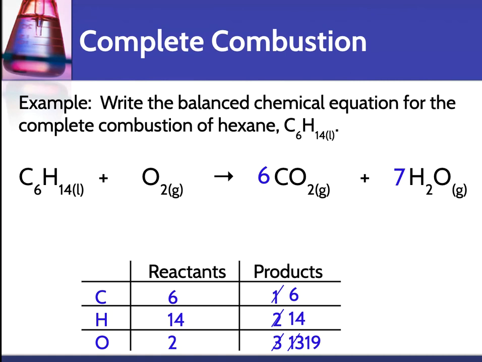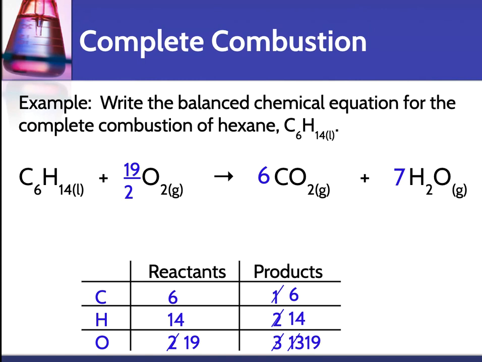When you're balancing combustion reactions, this is where you can use that method of using a fraction. We need 19 oxygen atoms, 19 being an odd number. So we're going to use a fraction. We're going to put in front of O2 19 over 2. So if we had 19 halves of O2, half of O2 is just a single O, we have 19 O's. Okay, so we're balanced,